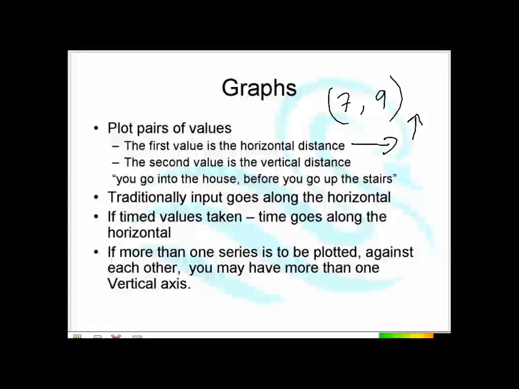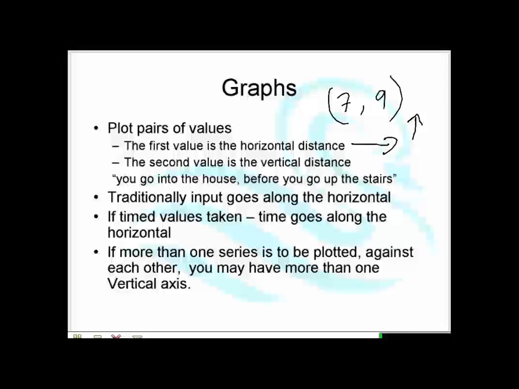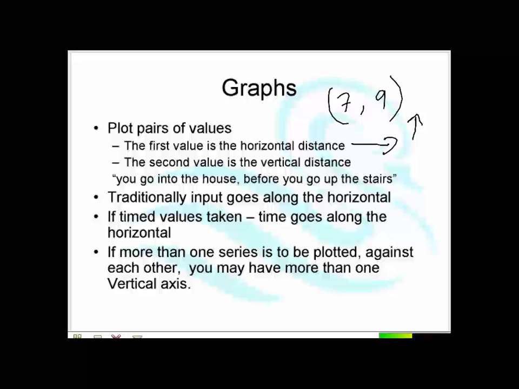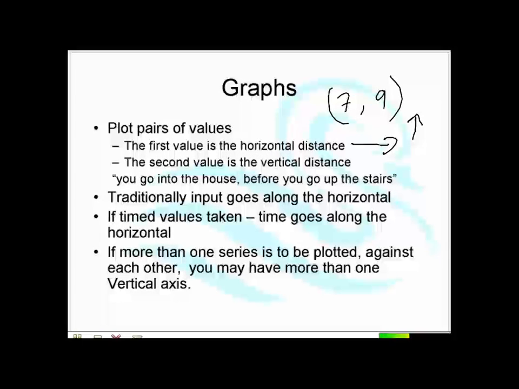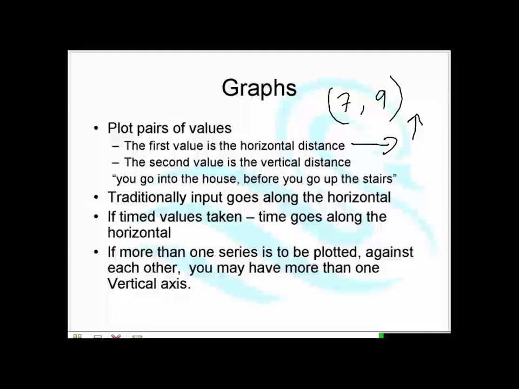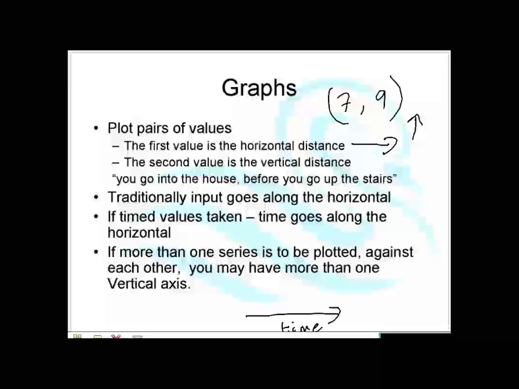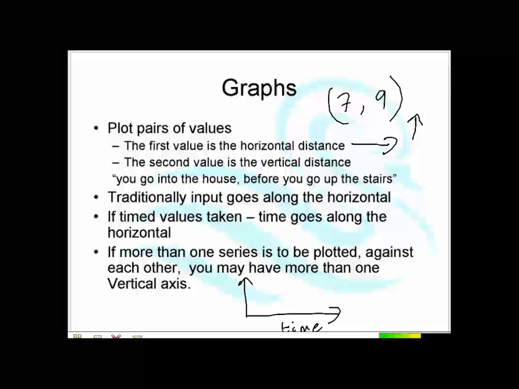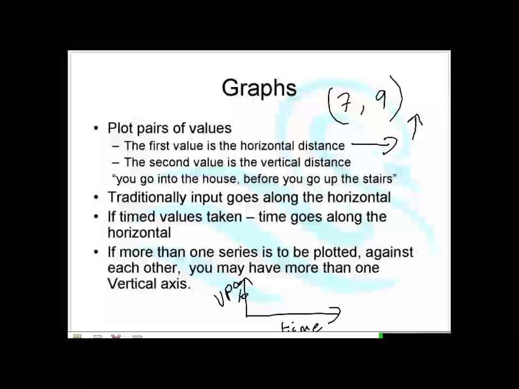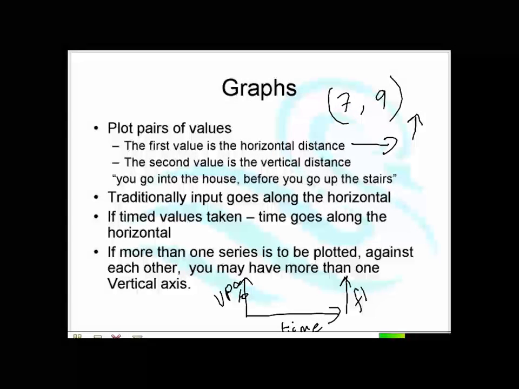Right, traditionally, input goes along the horizontal. If you have any time values, if you're comparing something against time, then you always put time along the bottom. You don't have to have everything plotted on the same axes, so if you have time along there, you could have maybe valve position there, and if you're plotting flow as well, you could have a second axis with flow,